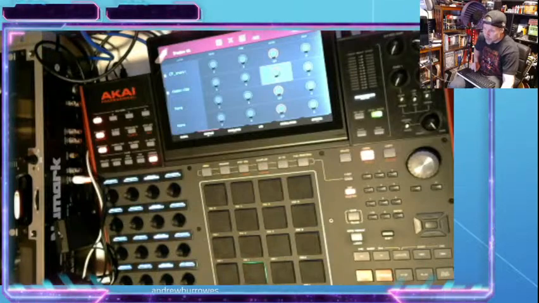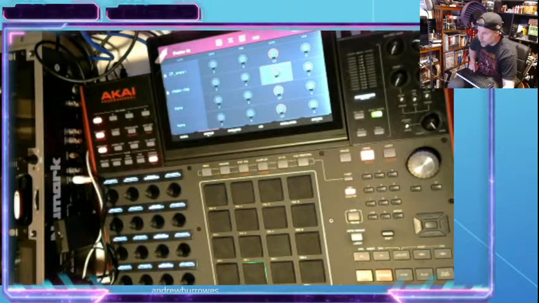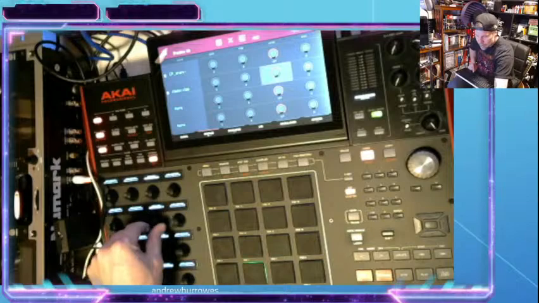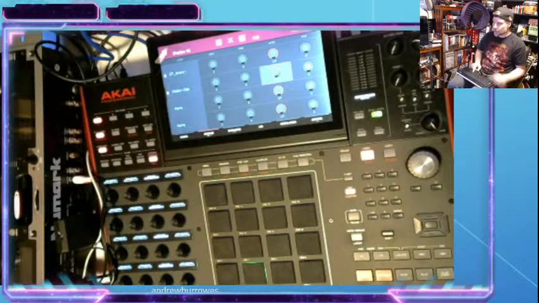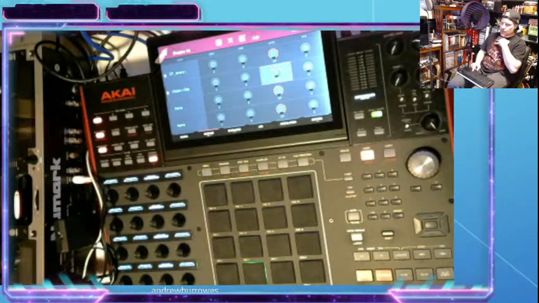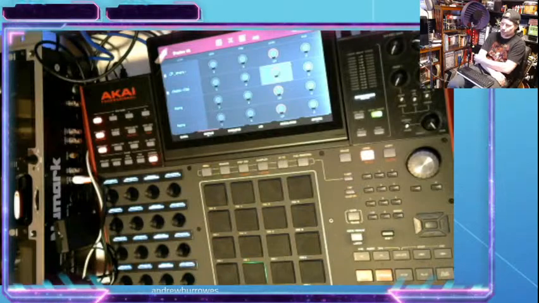As you can see, Q-Link column 3 is mapped to the level column for each layer. On the MPC X, this relates to the third column of Q-Link dials. However, as the MPC Live or One only has a single column of physical Q-Link dials, the third column is accessed by pressing the Q-Link button until